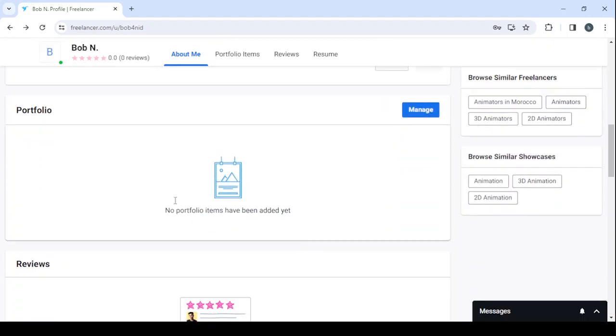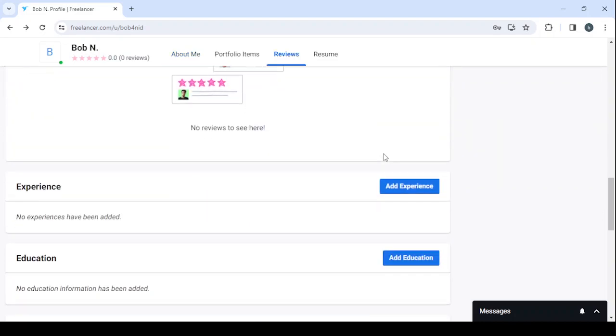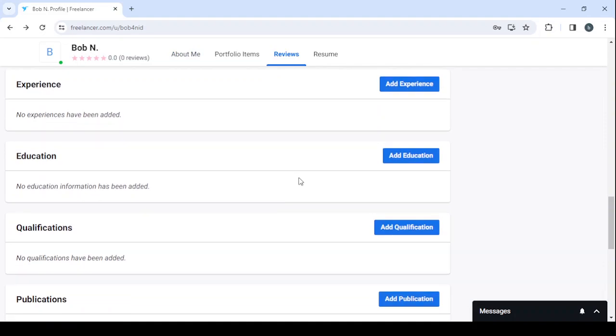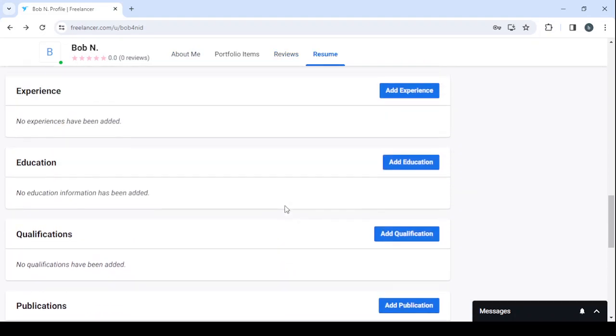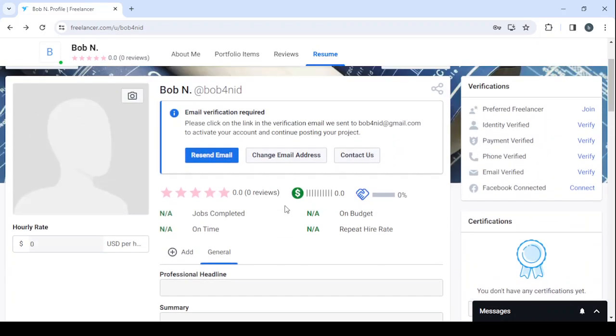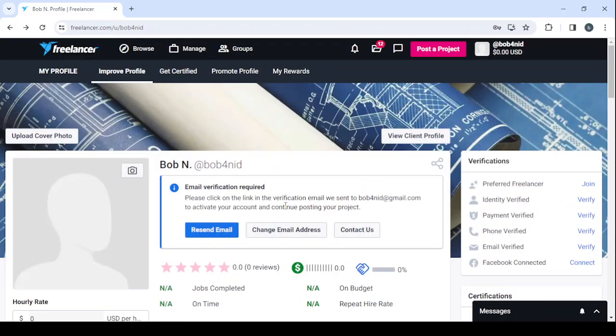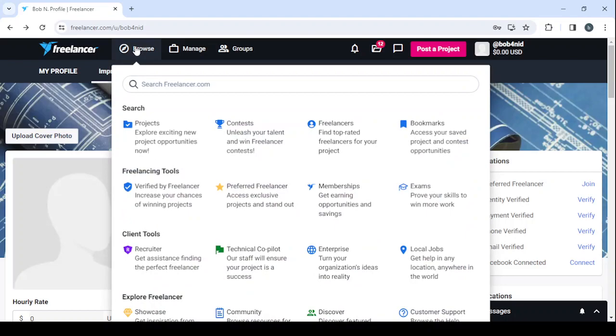Then you proceed to fill in the portfolio section. So guys, make sure to add that as well. It will add more credibility and trust to your profile. Same thing with your experience, education, qualifications, and publications as well. And when you're done with improving your profile and making all of these changes, let's go then to find some work for us. So let's go to browse, click on projects,